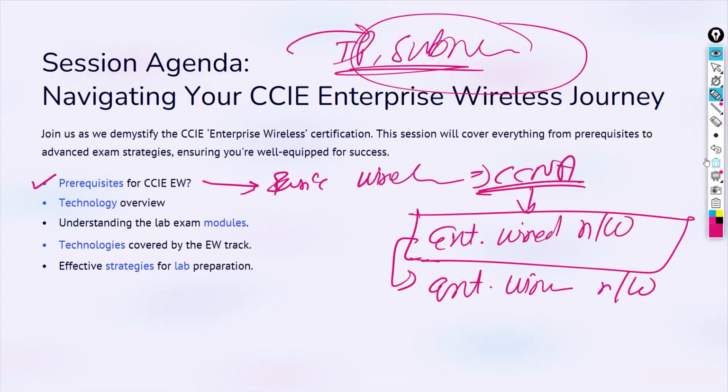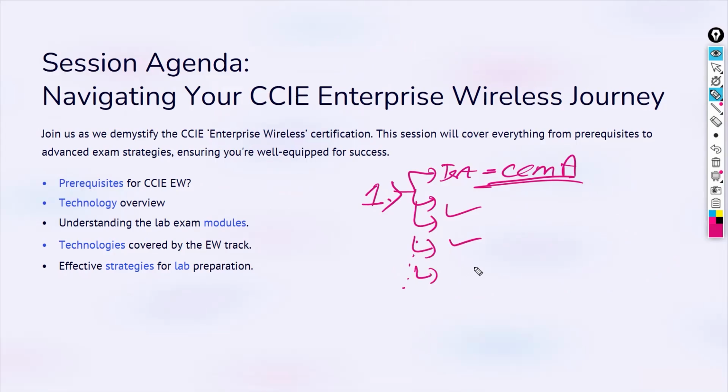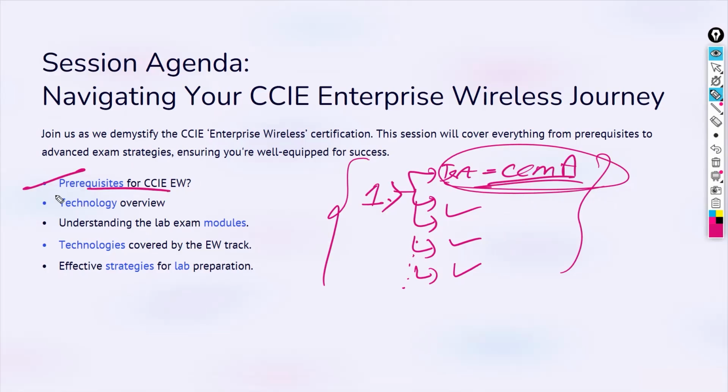What I generally do when I touch a new technology, for example, the very first class will be from CCNA level. All right, just touching the technology: what terminologies, what basics, how we started, how we got here, what we are planning to go beyond that, what features are being added. Then slowly we move up to the advanced, difficult topics, and we increase the pace and the difficulty level. So yeah, we kind of start from scratch, but not everything can be covered here. I hope you understand that. So this is the prerequisite part, and then technology.